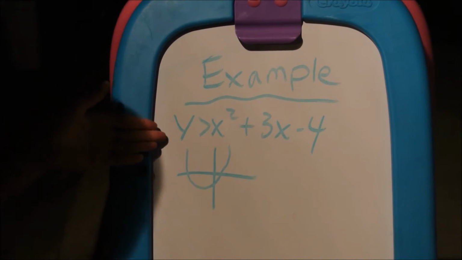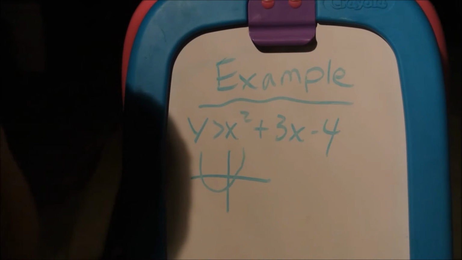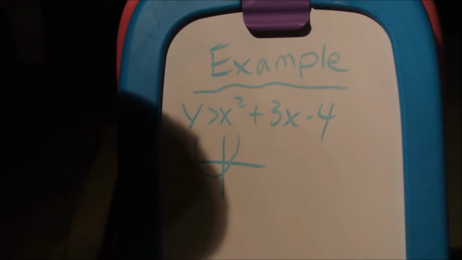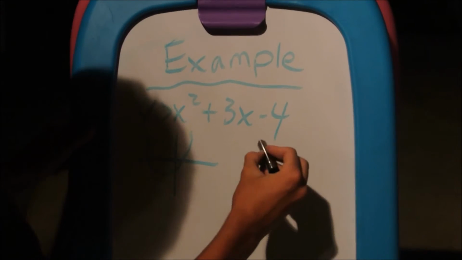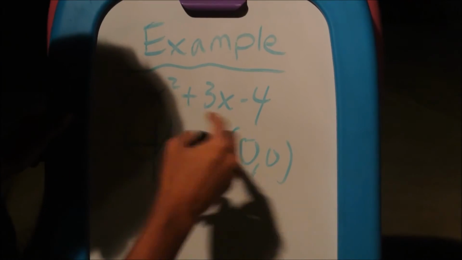So right here we'll graph y is greater than x squared plus 3x minus 4. The first step is obviously to graph the parabola, which you've previously learned, which is going to look something like this. So then from here, you're going to test the point (0, 0), and plug it into this equation and see